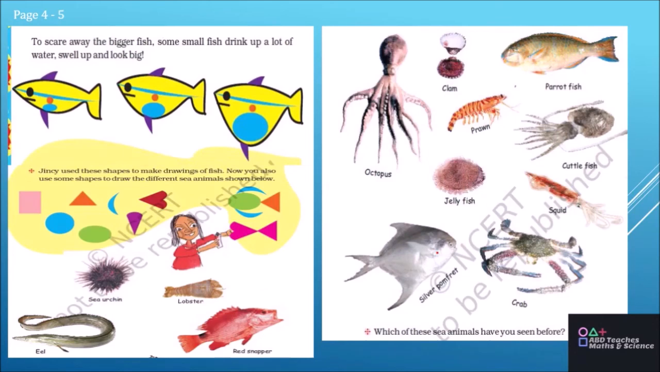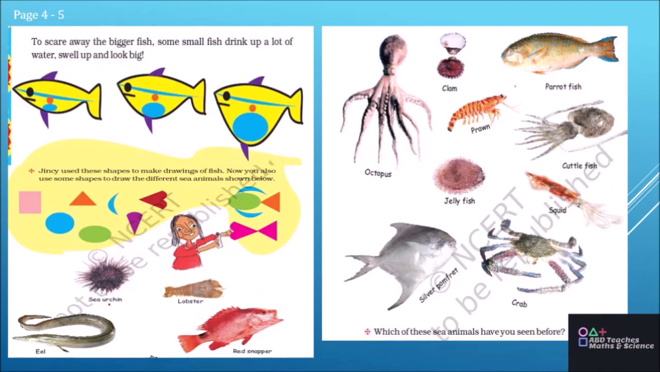To scare away the bigger fish, some small fish drink up a lot of water, swell up, and look big. Small fish, in order to get rid of the bigger fish or in order to scare away the bigger fish, they usually drink up a lot of water, swell up, and look big. You may make shapes of the fish like this,